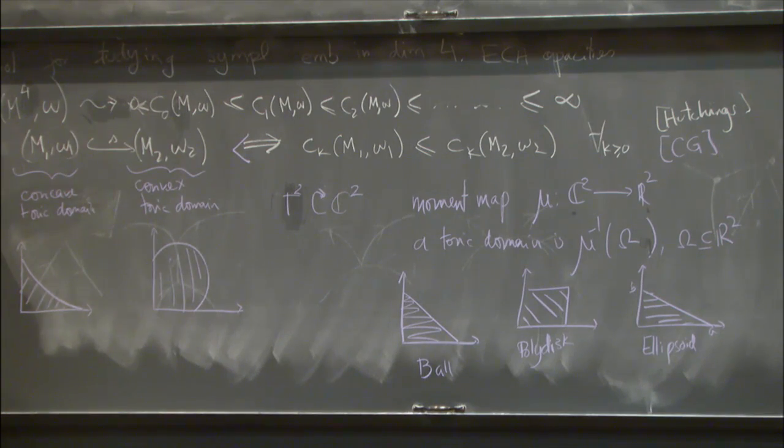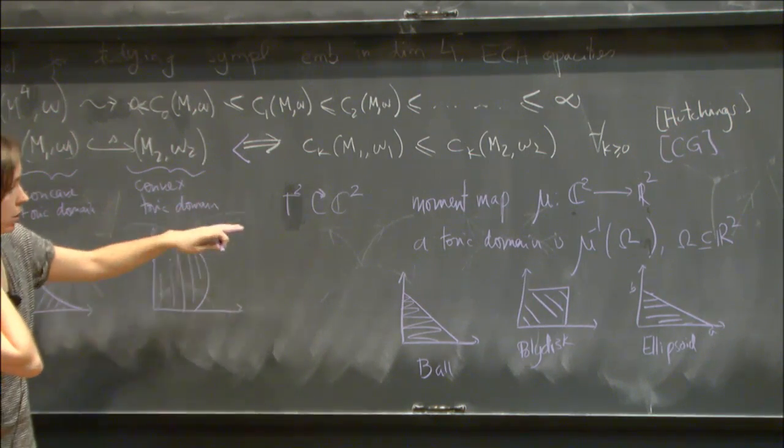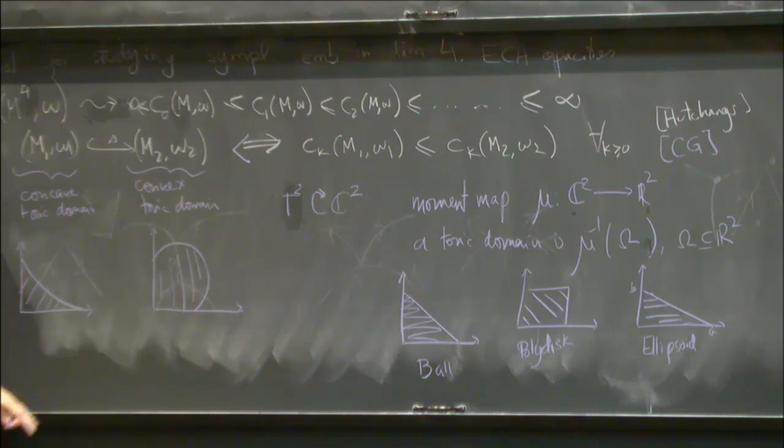What I want to say is that ellipsoids are both concave and convex. So those are always on this side. I mean, in my problem, my ellipsoid fits into this type of toric domain. And on the other side, the ball, the polydisk, the other ellipsoid, they always fit on this side. So it makes sense to look for convex toric domains where there's an infinite staircase, because we can use this